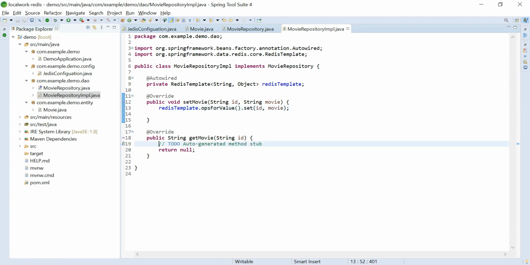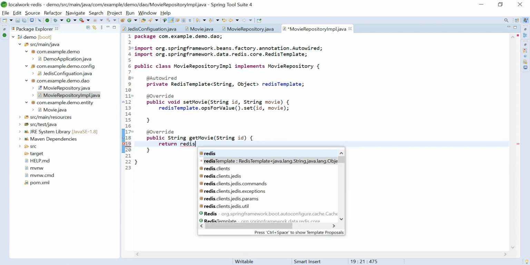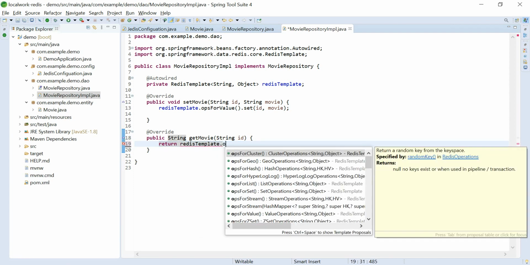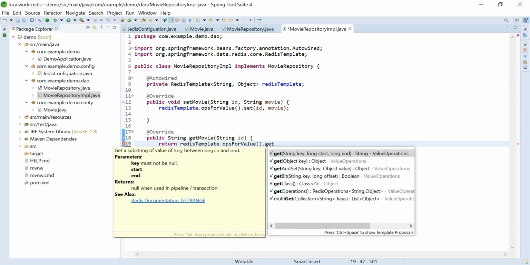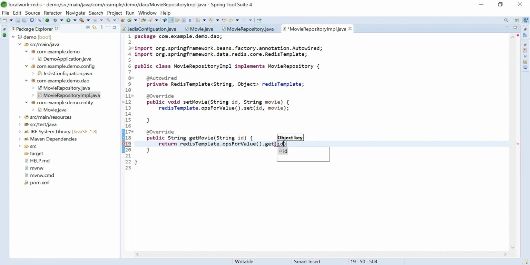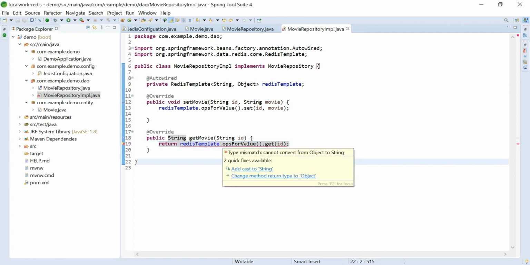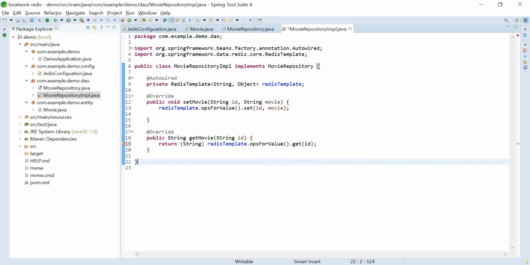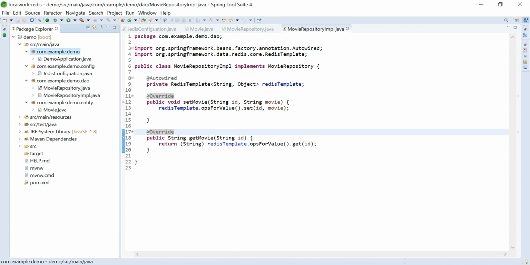Now to retrieve that value, we return redisTemplate.opsForValue().get, getting by the ID, the key name. Here we will add a cast to string. Now our DAO package is also done.